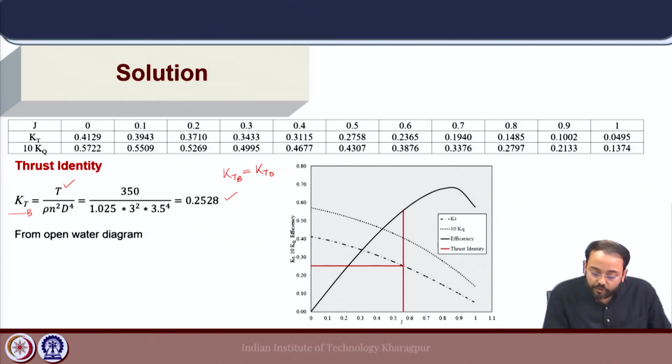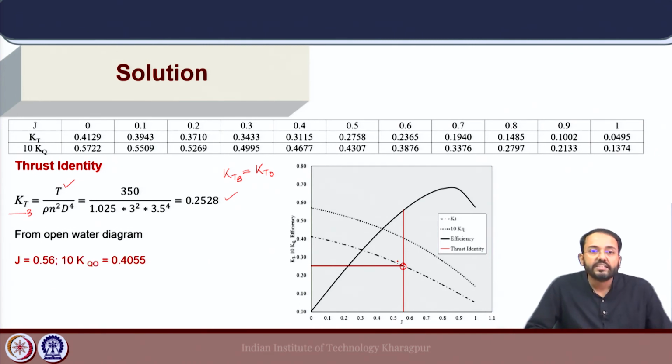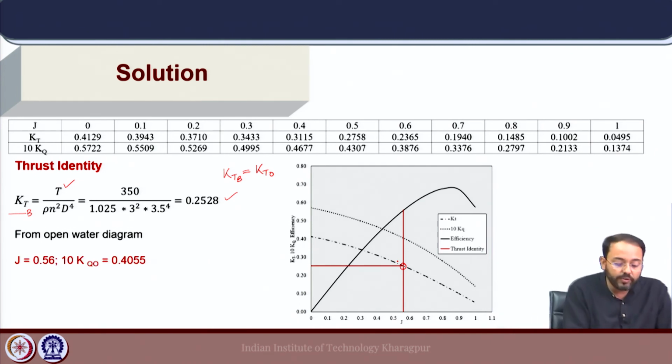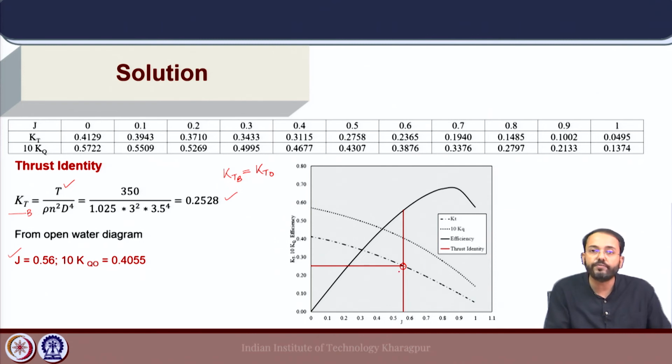So, we enter the open water diagram with the calculated value of Kt, and with the input Kt we need to calculate the J, which is the advance ratio, and the value of Kq and open water efficiency. So, next we can calculate J for the given Kt. We enter the open water diagram here at the point which is encircled, and we can calculate the corresponding J